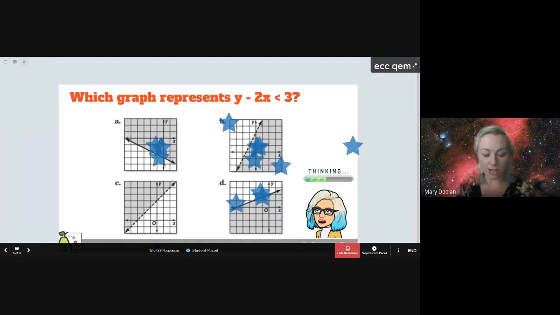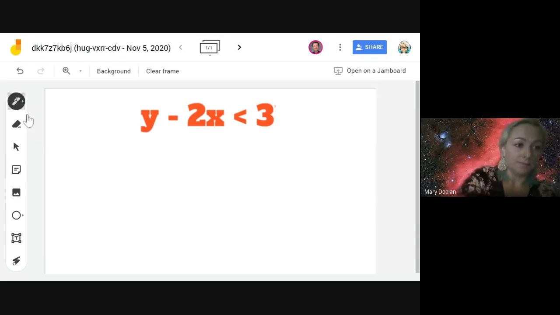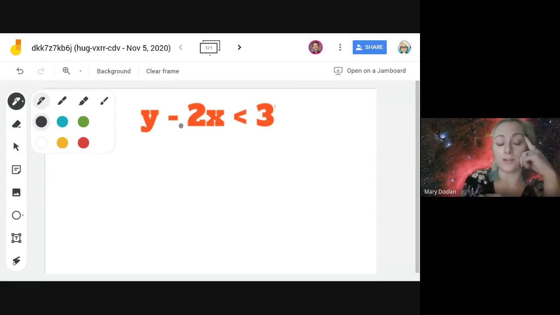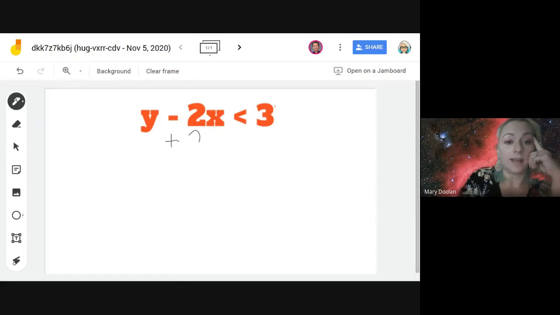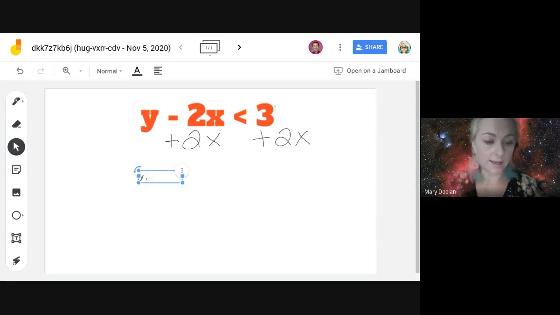So I added a Jamboard that I'm going to present to you. You don't necessarily have to open it right now. You can just see it because I'm presenting it to you on my screen. And what we're going to do is take this and put it into graphable form, which means I want to get this 2x term onto the other side. So I'm going to go ahead and add the opposite and do the same thing over here. And then I can rewrite my equation as y is less than,